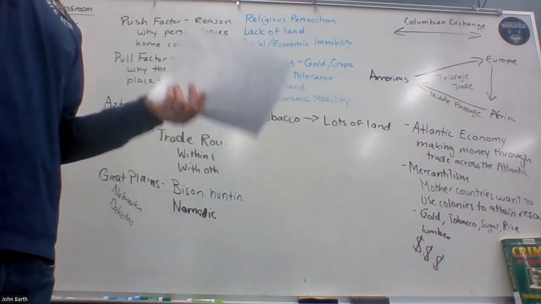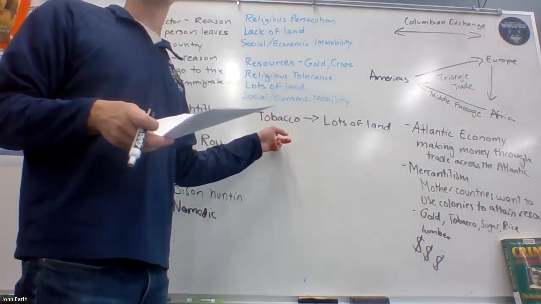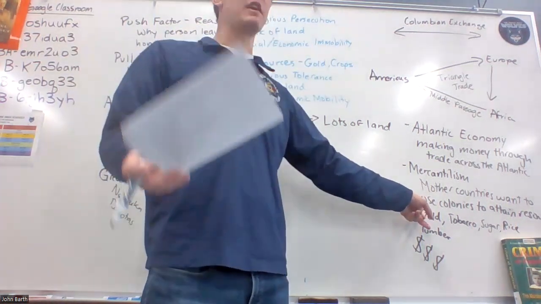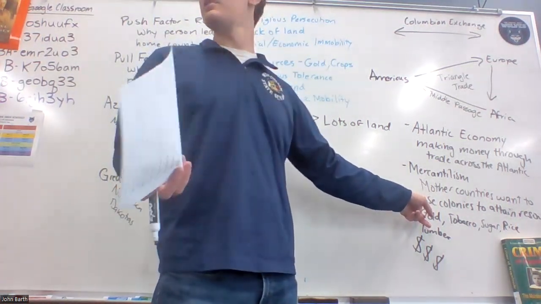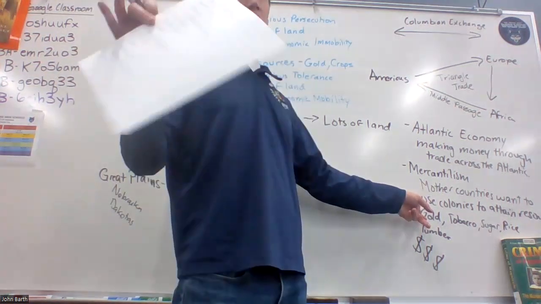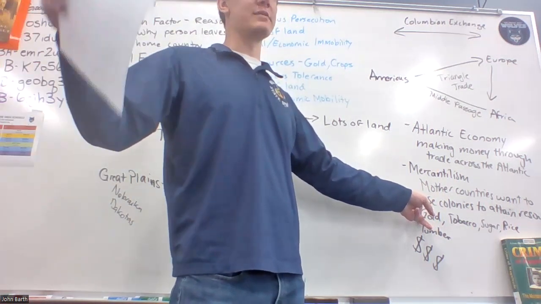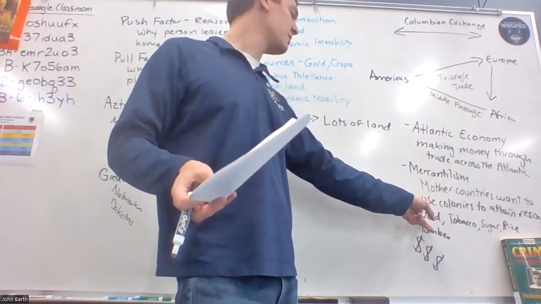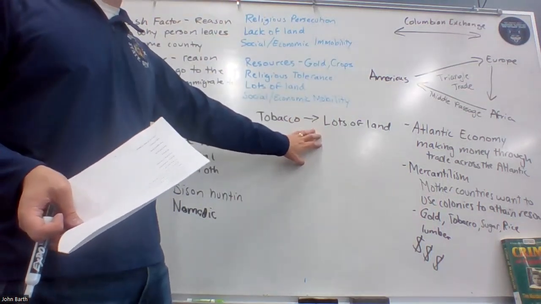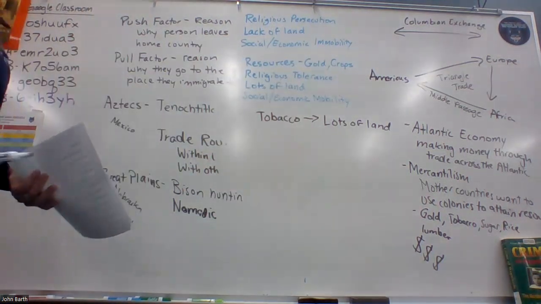If we look at Jamestown, when it first started, they weren't growing tobacco. What resource were they looking for? They were looking for gold. So they didn't have to take very much land away from Native Americans. In fact, Jamestown is on a swamp, and the Native Americans in the area are like, sure, that's fine. We're not going to come at you because you're taking this little piece of land in a swamp. It doesn't really bother us. But when they start expanding and they need more land for their tobacco fields, that's when it gets into conflict, because they start taking away land from Native Americans.